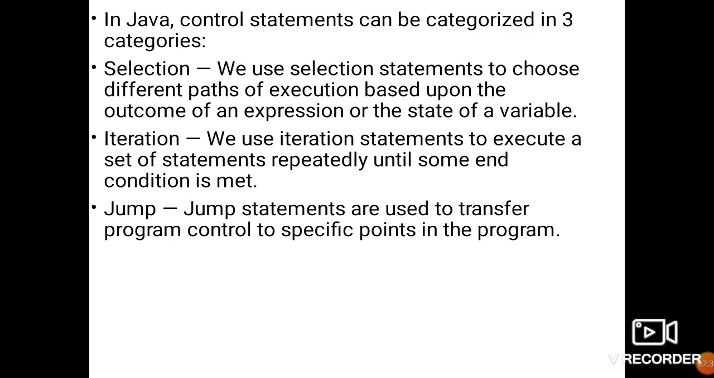Now, the control statements can be categorized into three categories: the selection, the iteration and jump. Selection: we use selection statements to choose different paths of execution based upon the outcome of an expression or the state of a variable. Iteration means we use iteration statements to execute a set of statements repeatedly until some end condition is met. And jump statements are used to transfer program control to a specific point in the program, as we